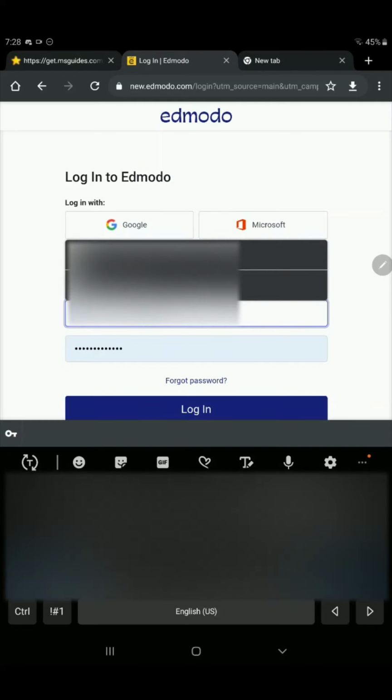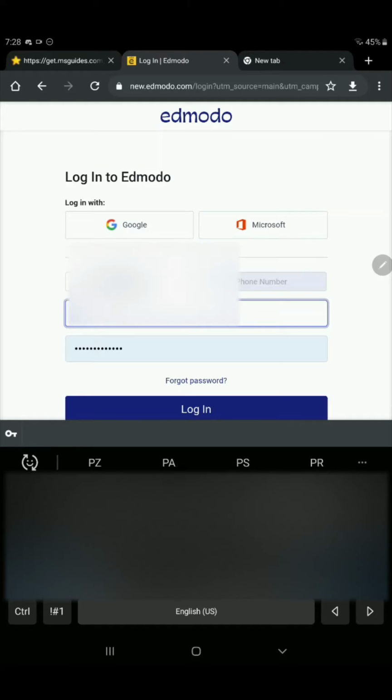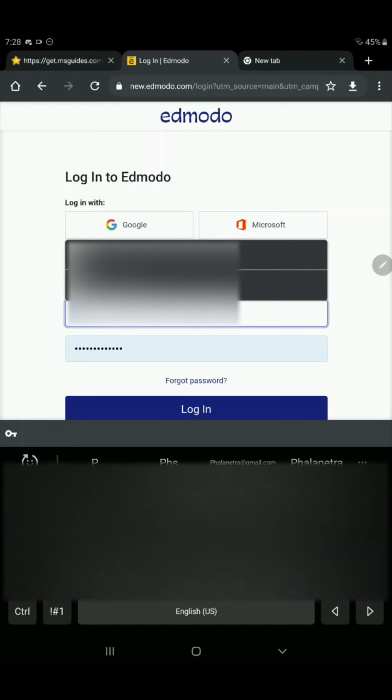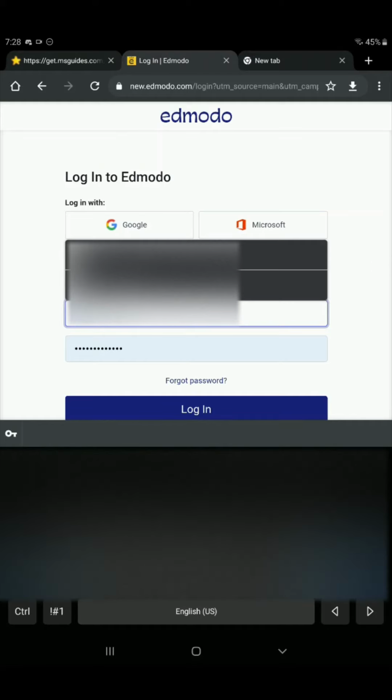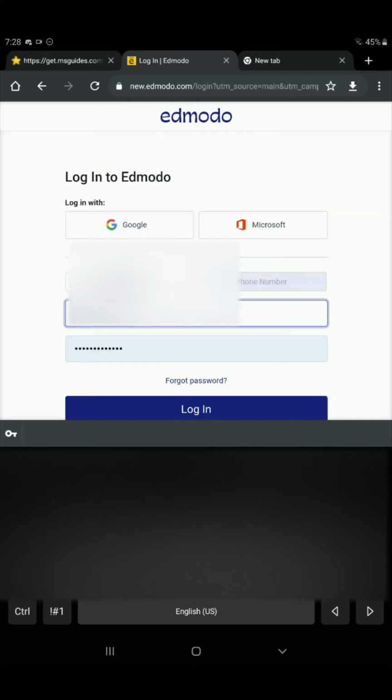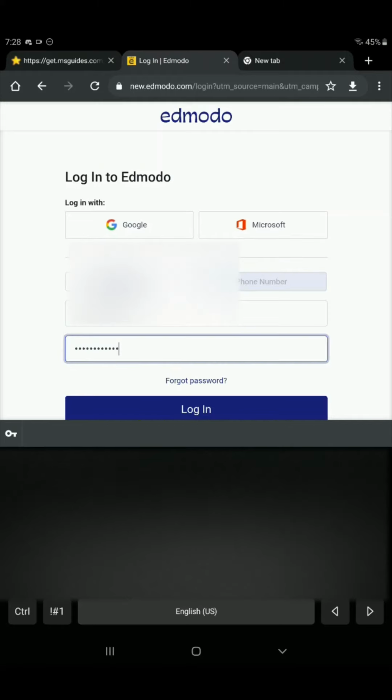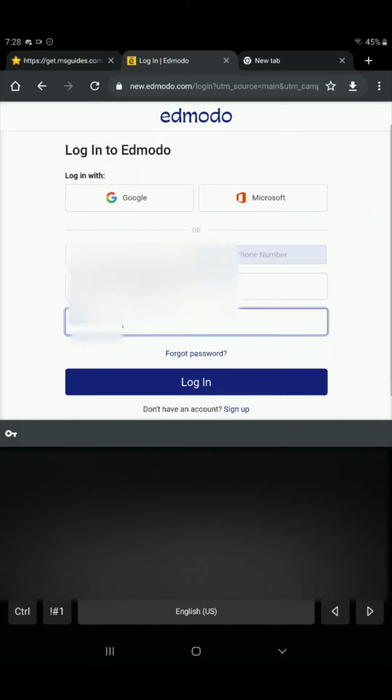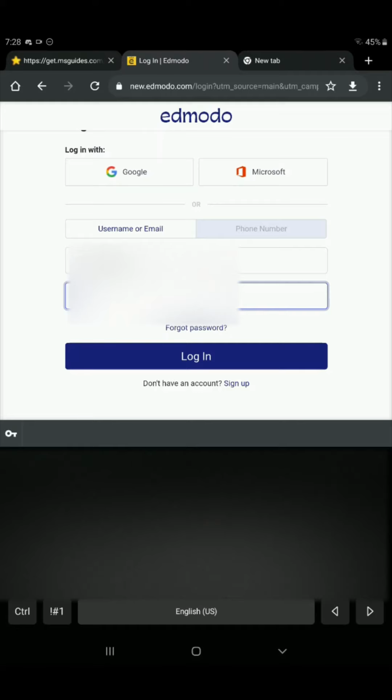I'll type my credentials in. Once I have given my username and the password, I'll log in.